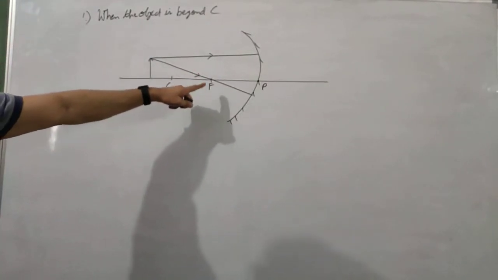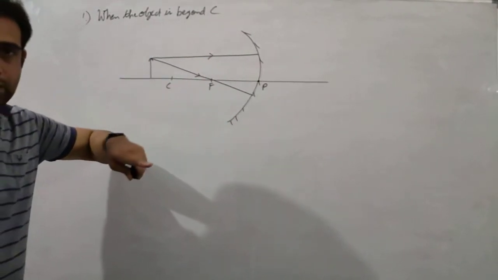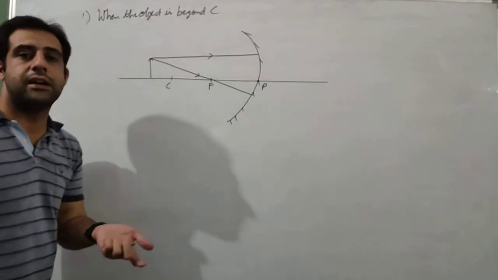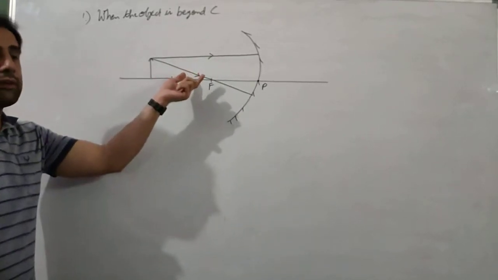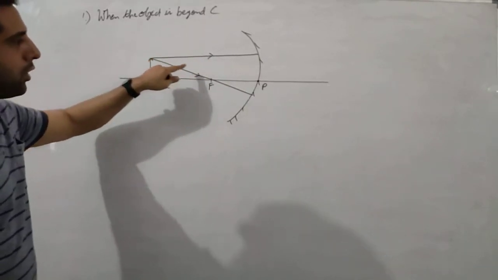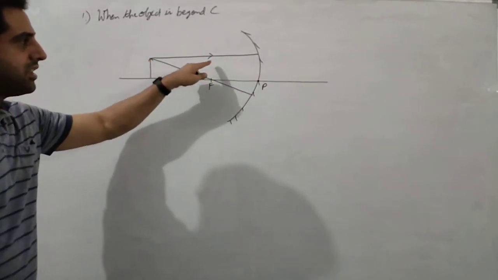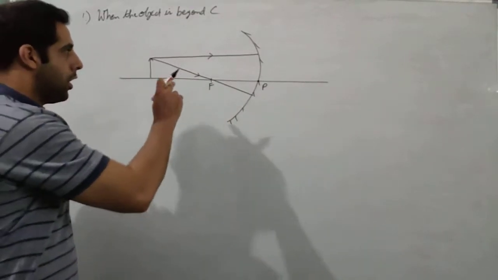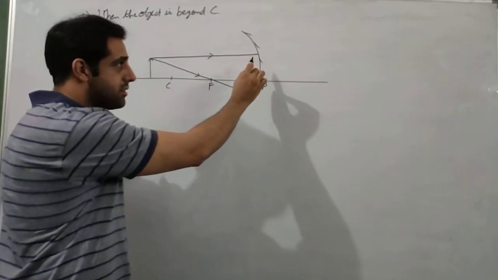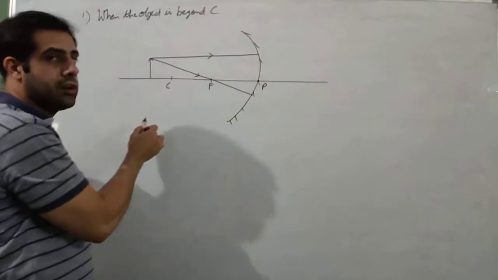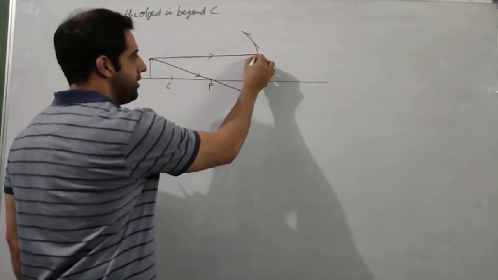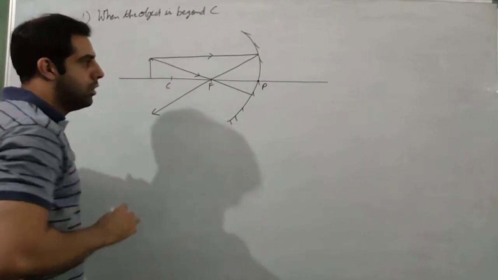Another thing you should always keep in mind is to make the arrows. If you do not make the arrows, then it will be impossible for the teacher to check which one is the incident ray and which one is the reflected ray. So arrows are very important to give the direction. Now we know that these light rays are going from the object towards the concave mirror, hence they should be incident rays only. Now we studied in one of the rules that the rays which are going parallel to the principal axis will pass through the focus after reflection. So this light ray which is going parallel to the principal axis, after reflection it will pass through the focus.